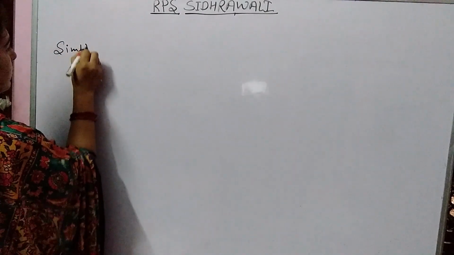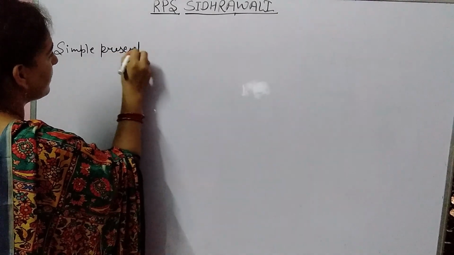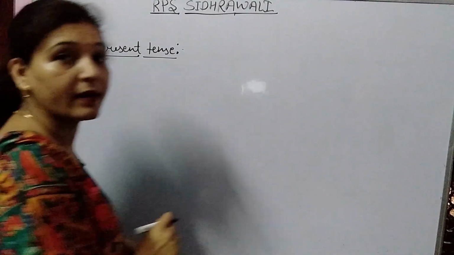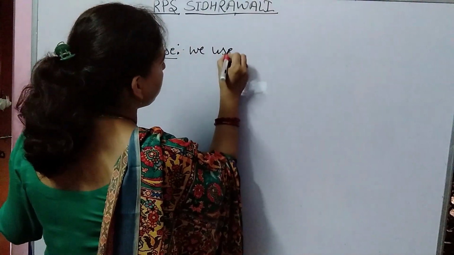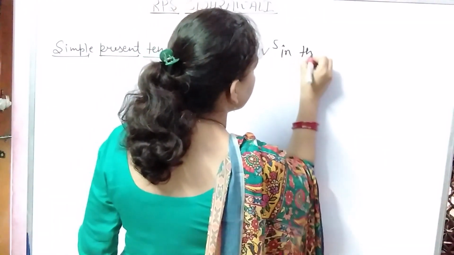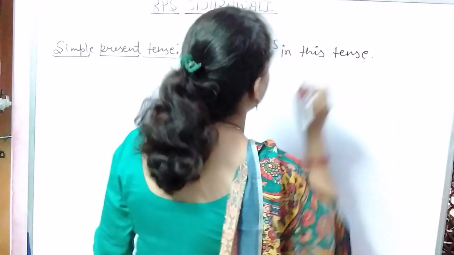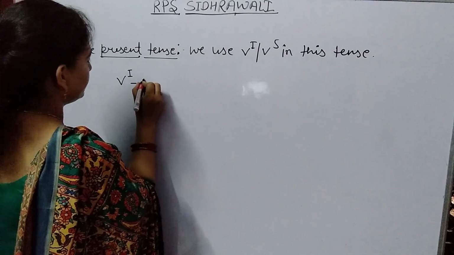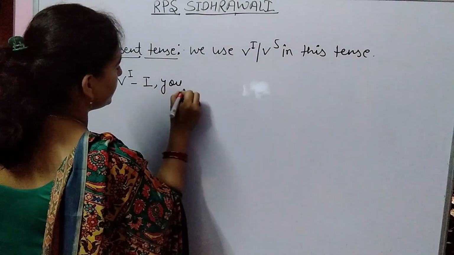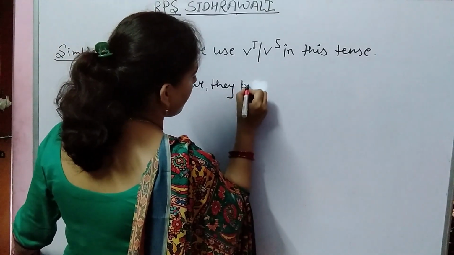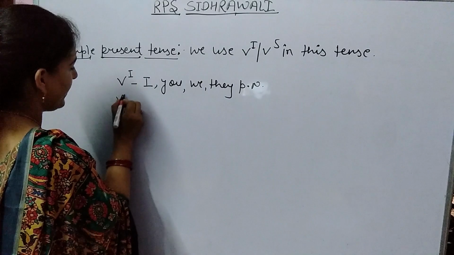We can say simple present tense. We use V1 and V5 in this tense. V1 is used with I, you, we, they and plural nouns, and V5 is used with